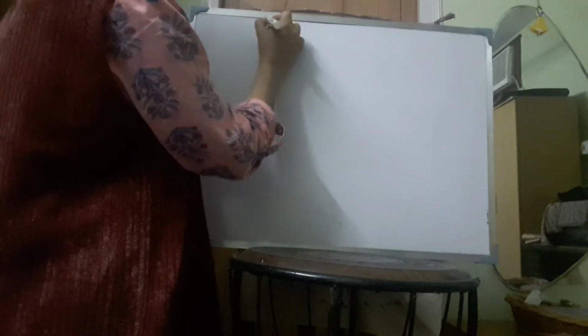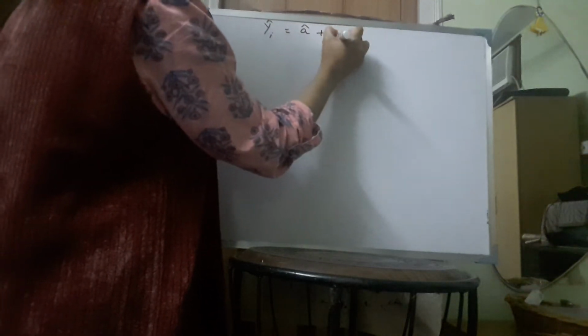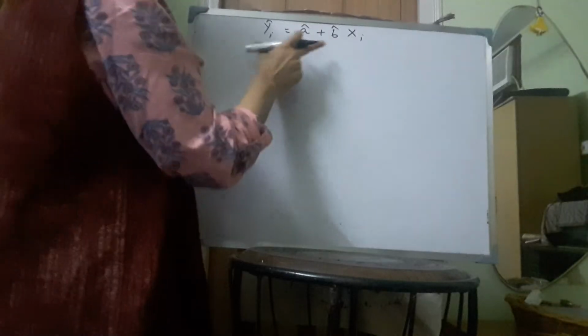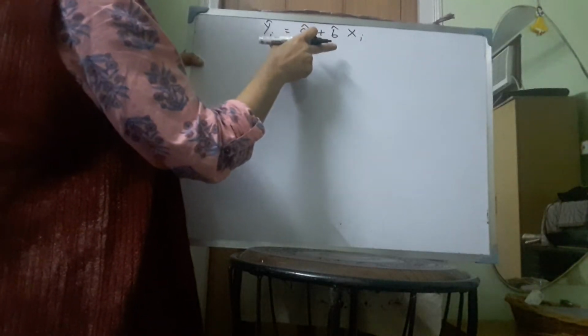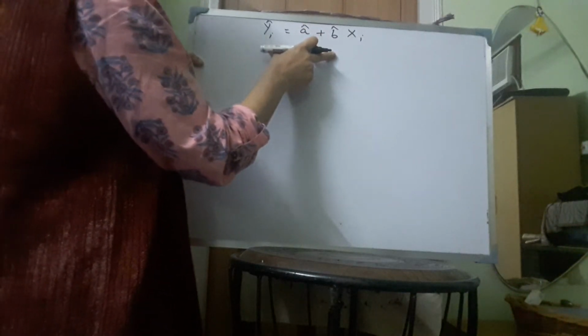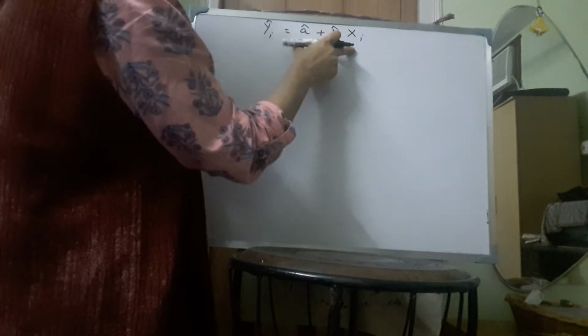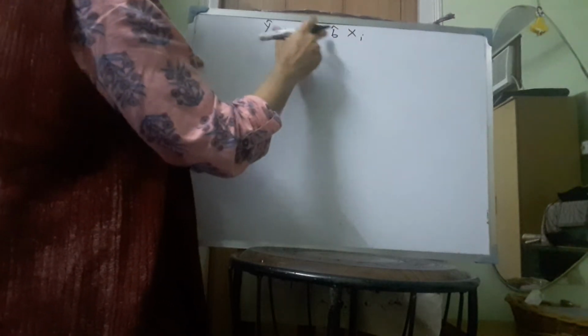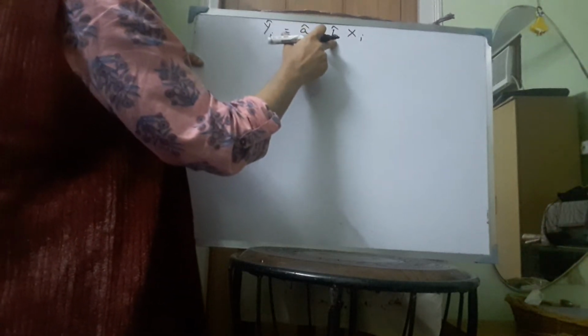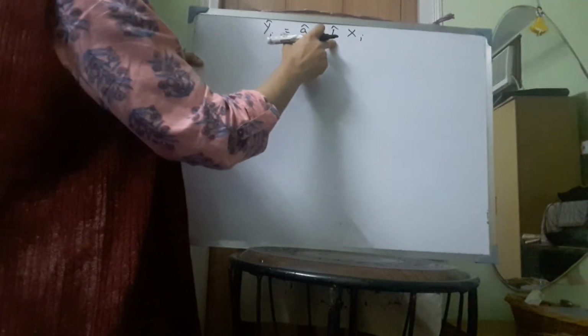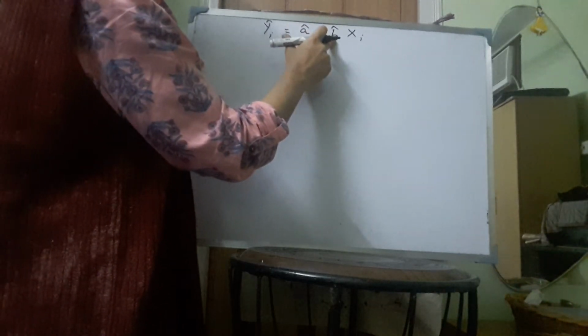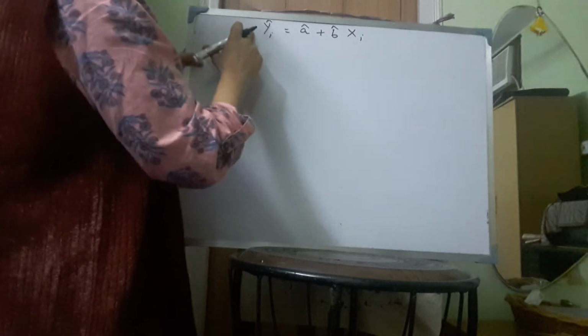So basically, we have the regression model yi hat is equal to a hat plus b hat xi. Similarly, we have the estimated regression model in case of the 3 variable regression, and therefore we have to estimate this b hat and a hat. We have to test the statistical significance of a hat and b hat. Now what is the interpretation of b hat? B hat measures the impact of xi on yi hat.